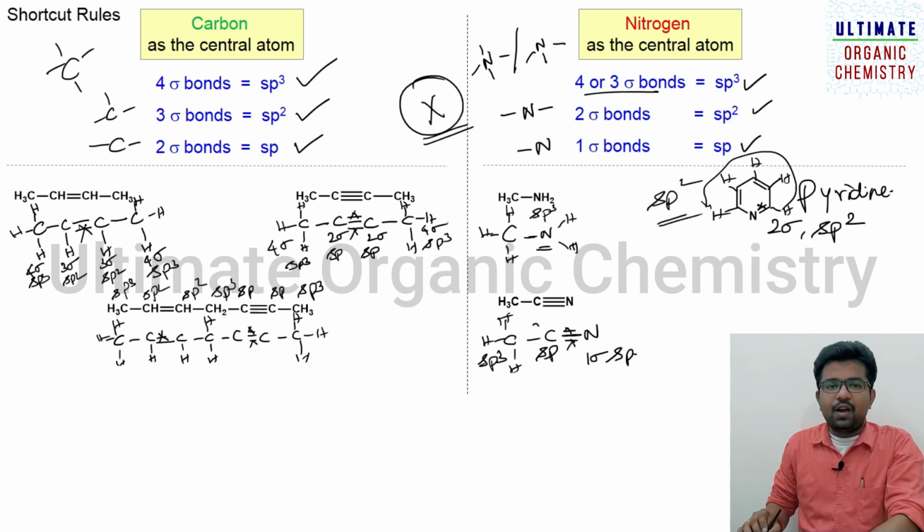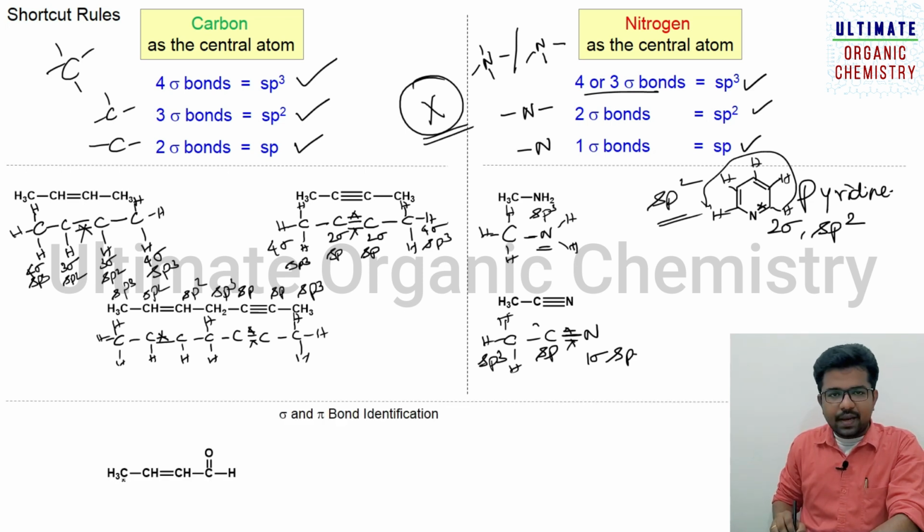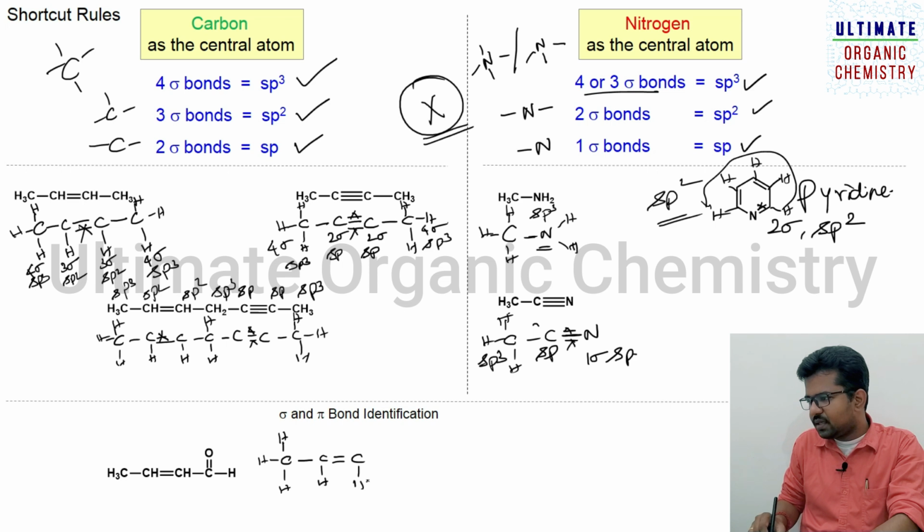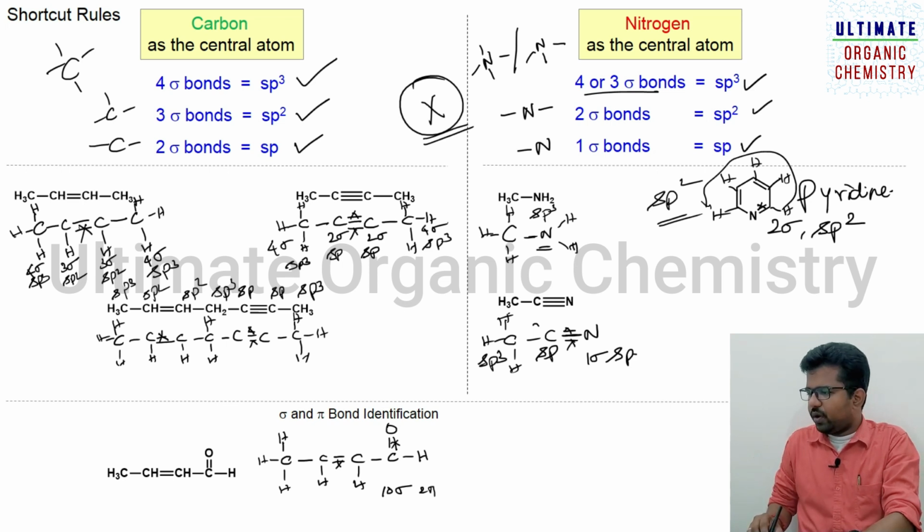So now let us understand how you are able to identify the number of sigma and pi bonds. You have been given one example. Just expand this molecule, that is, carbon is connected to 3 hydrogen atoms by single bonds. C single bond hydrogen, double bond, C single bond hydrogen, single bond, O hydrogen atom. Just omit this pi bond and this pi bond, and the remaining are all sigma bonds. If you count, you have 1, 2, 3, 4, 5, 6, 7, 8, 9, 10. So you have 10 sigma bonds and 2 pi bonds. That's it. So we have one more example here.